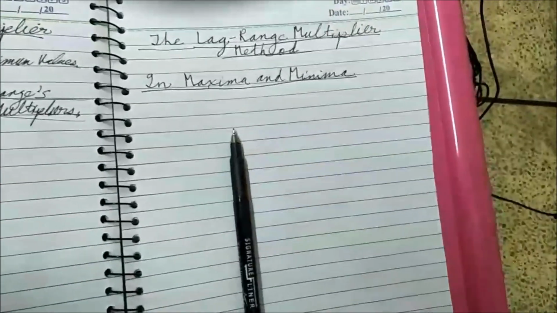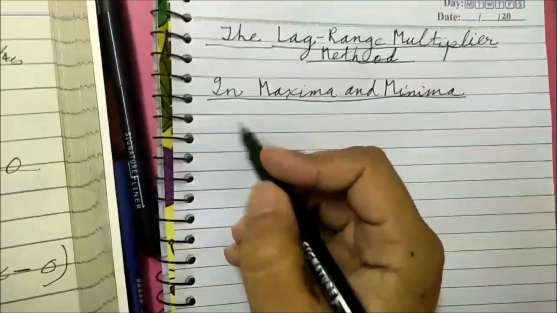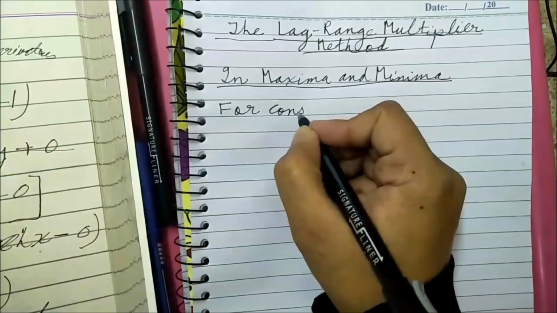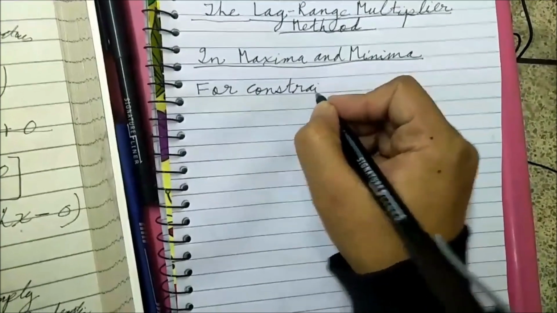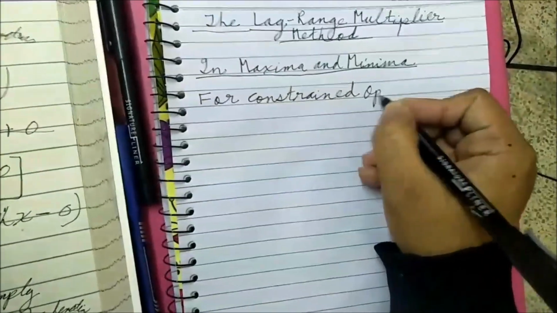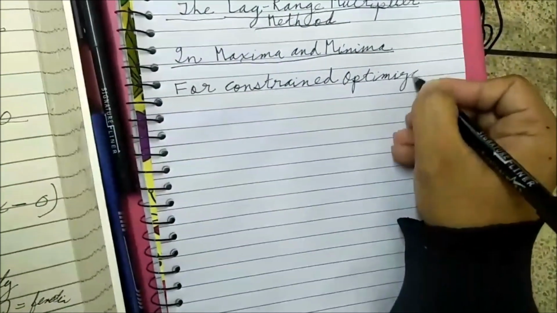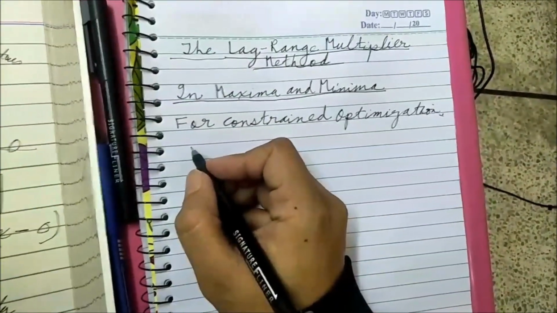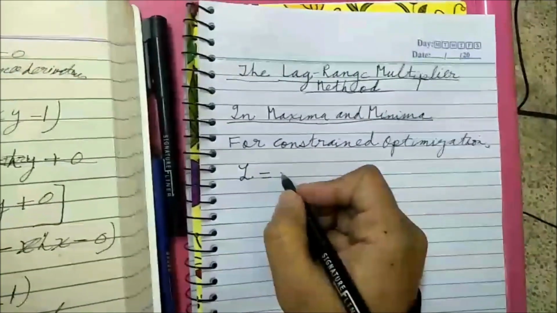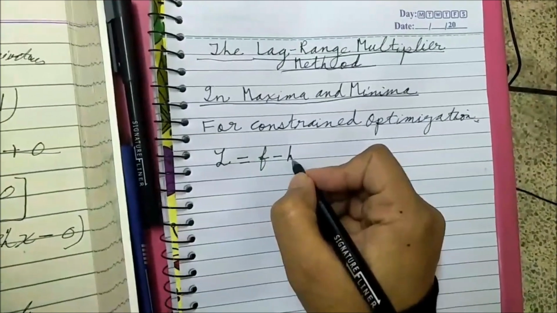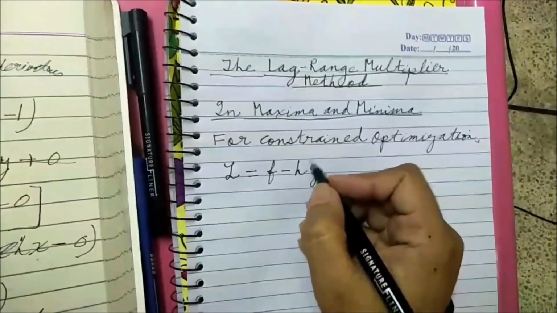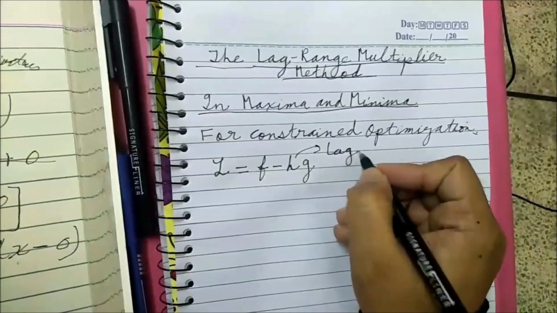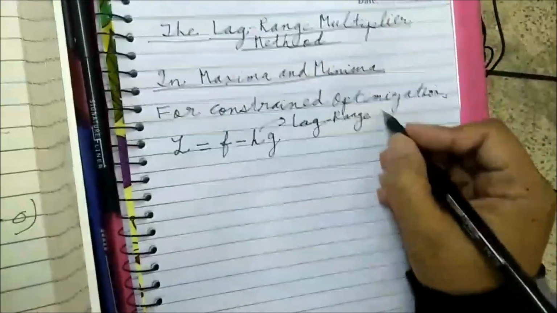So what are its basic rules? For constructing it, first we have to see, for this we have to consider constrained optimization, in which we represent the Lagrangian as L is equal to f minus lambda g, where lambda is the Lagrange multiplier,